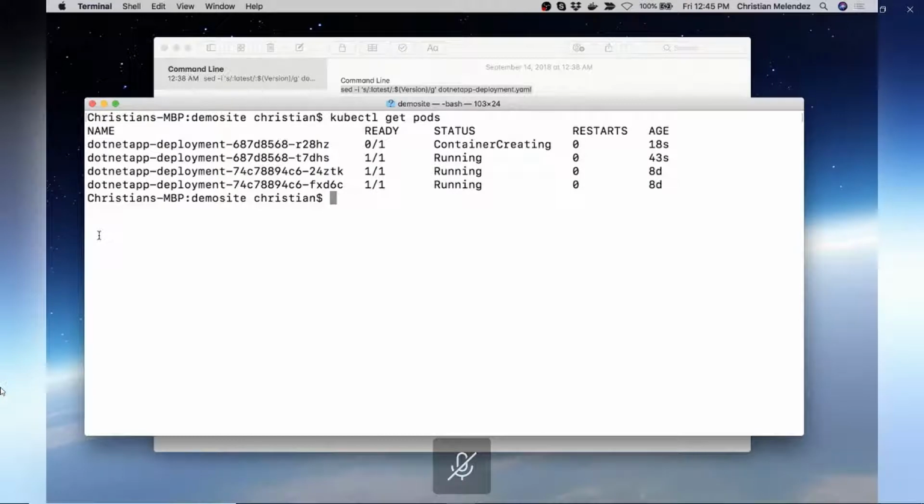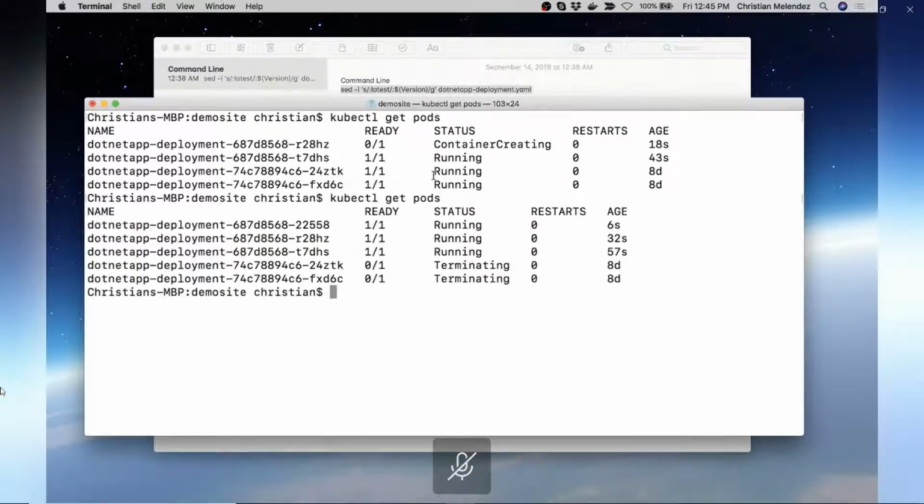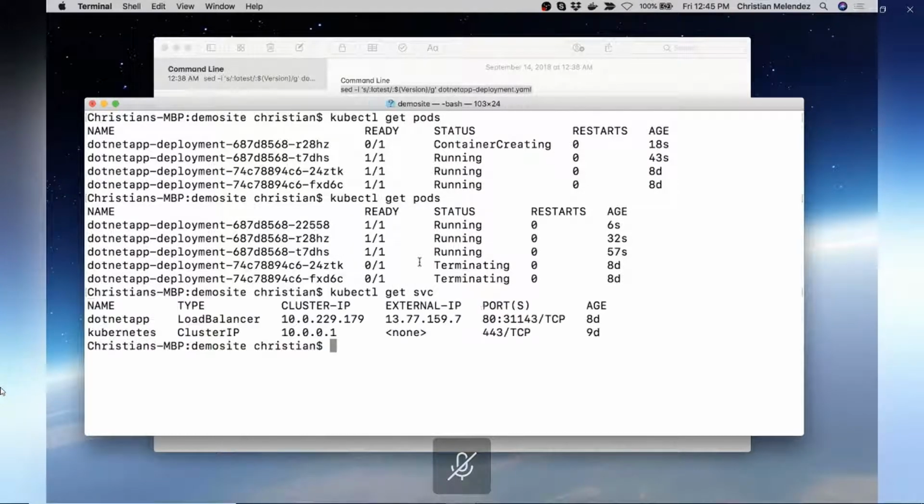You will see here that it is creating the new container, and it is adding a new container image and a new pod. I'm sorry, but it is keeping the other three that we already have. It is running update. See, it is terminating the other pods and it is doing the deployment in a safe manner. You can see here that I have the service and I have the external IP as well here,